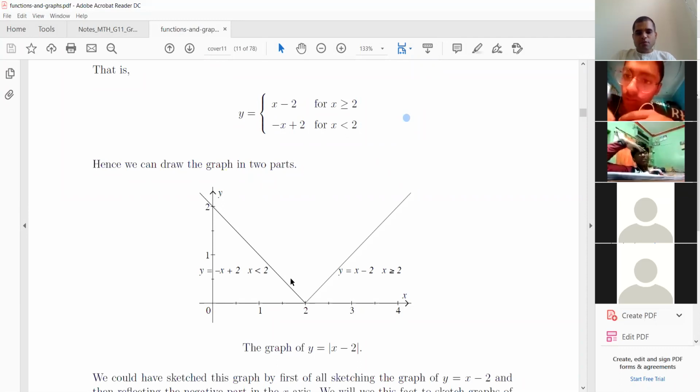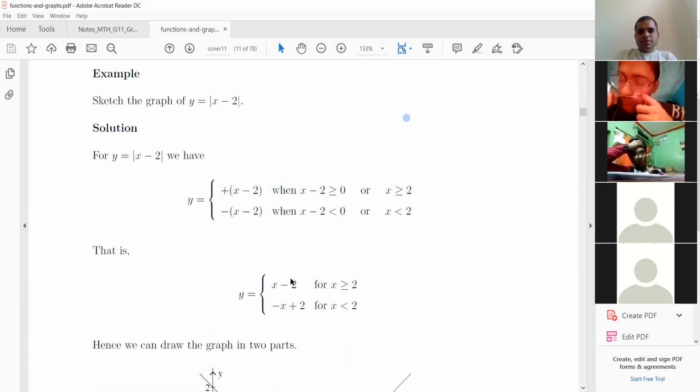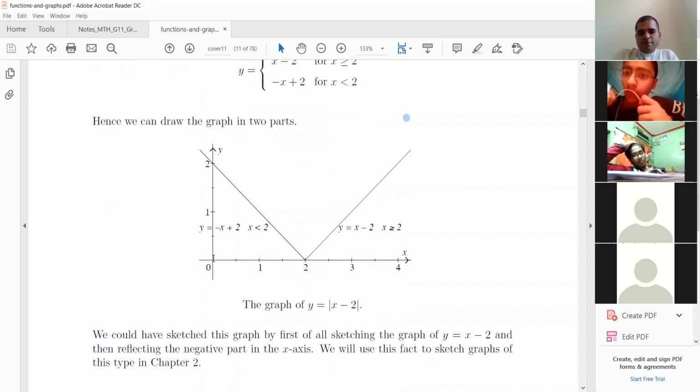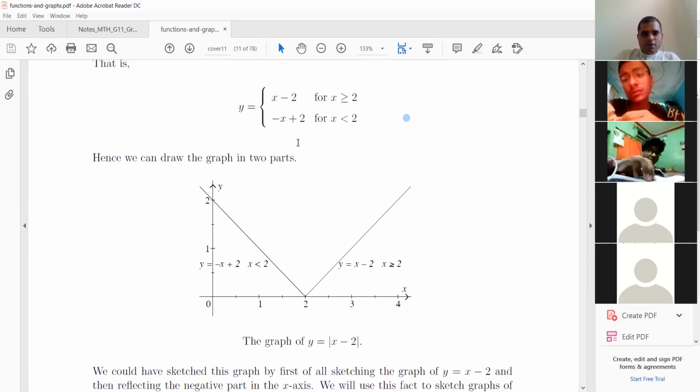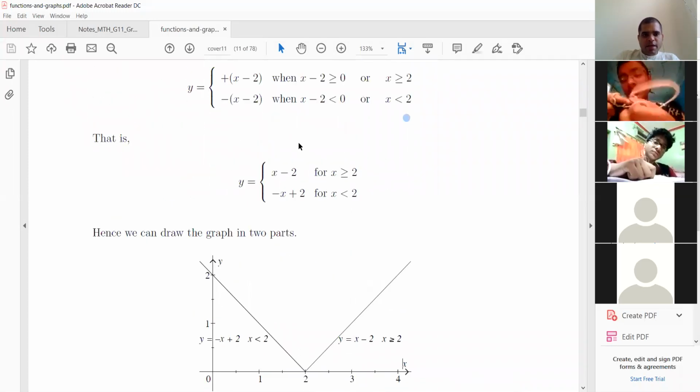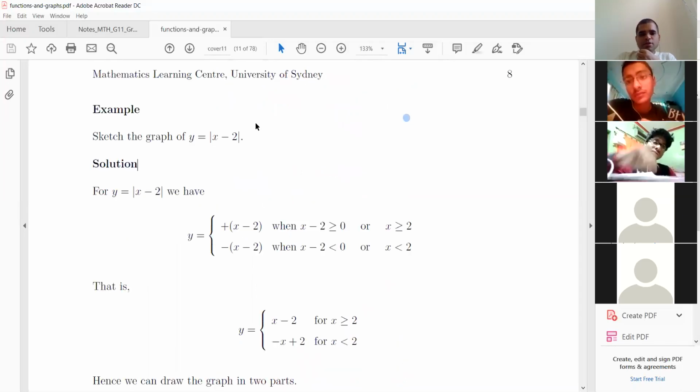अब इस ग्राफ को हम लोग दूसरे तरीके से, सिंपल तरीके से भी बना सकते हैं. कैसे? y इक्वल टू मॉड x का ग्राफ याद है सबको? Now you see what is here, it is x minus 2, मतलब x में कितनी शिफ्टिंग हुई है, 2 यूनिट की शिफ्टिंग हुई है।